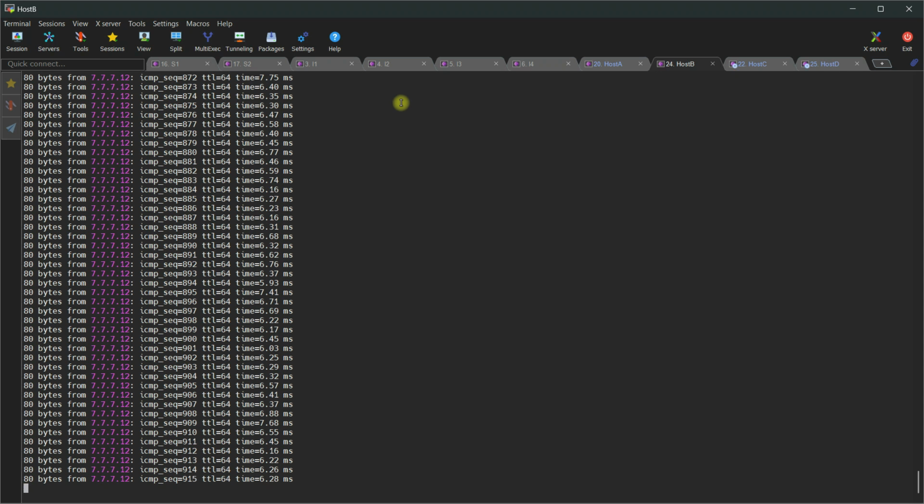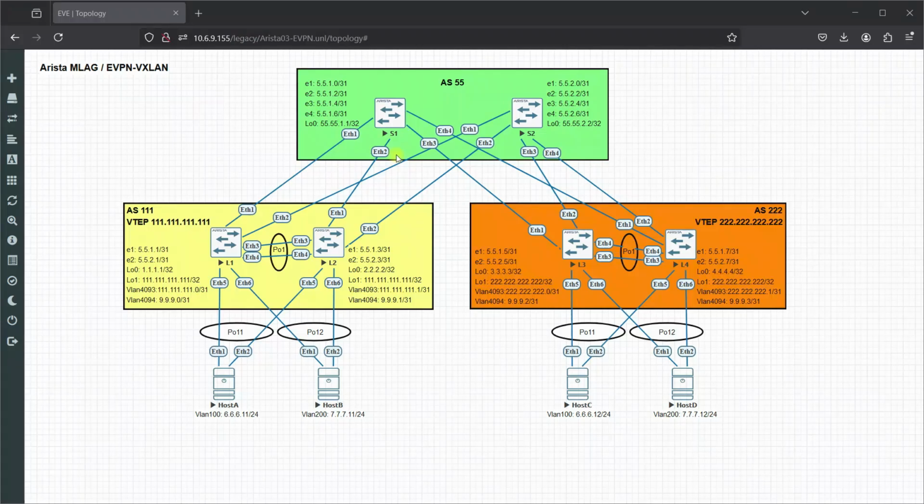We saw that all the learned MACs are in the appropriate VLANs, and there is no layer 2 bridging at layer 2 between leafs 1 and 2 and leaf 3 and 4. This is all happening over layer 3 using the EVPN and VXLAN